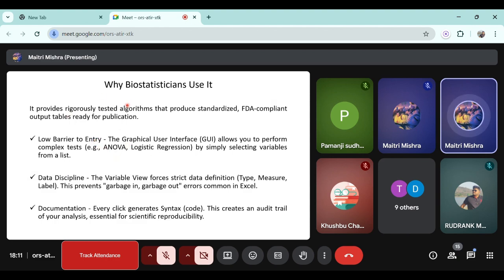It provides rigorously tested algorithms which produce standardized FDA compliant output tables which are ready for publication. We will come to that when we start to use the SPSS software. It basically means that the tables and the graphs that SPSS gives,